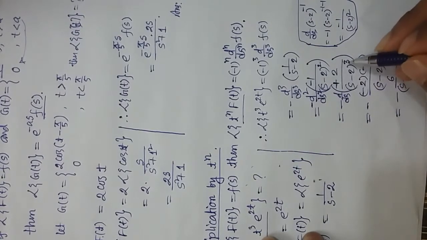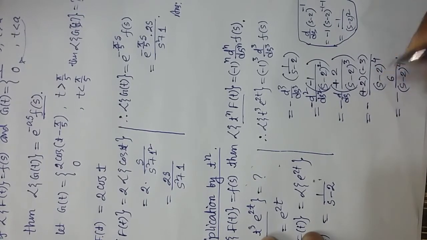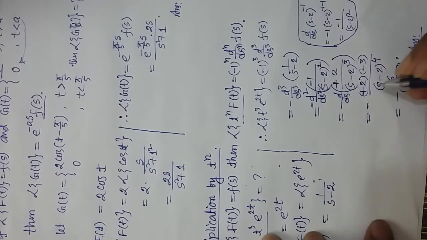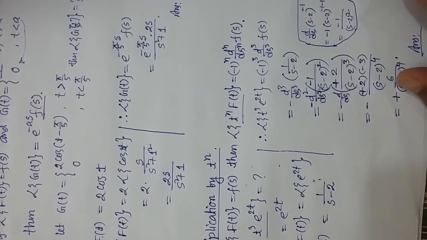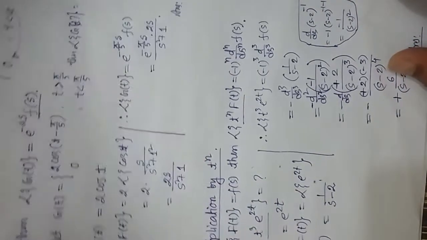it will give 2 by (s minus 2) whole cube, and for the third time it will give minus 3 by (s minus 2) whole to the power 4. Okay, so accordingly this will be plus. Okay, so thank you. Now we will see Laplace transformation of